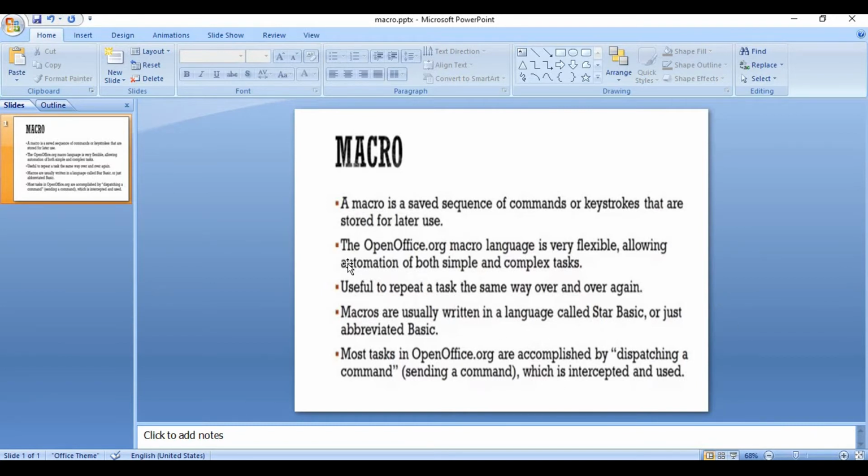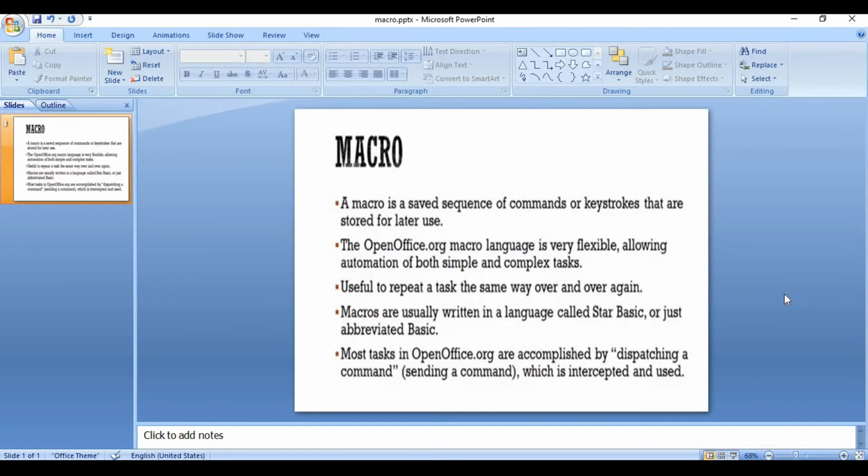The second point says that the OpenOffice.org macro language is very flexible, allowing automation of both simple and complex tasks. Through this we can perform any simple task as well as complex tasks.